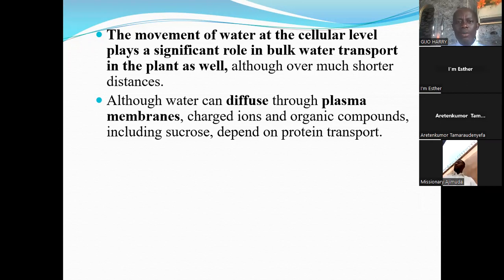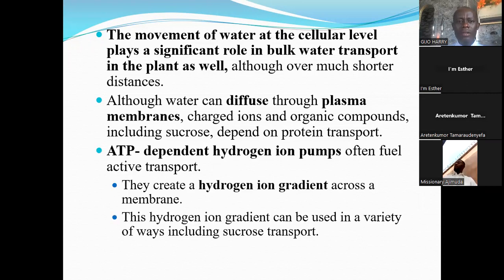So protein transport in the cells is also responsible for the movement of water. ATP-dependent hydrogen ion pumps often fuel active transport. They create a hydrogen ion gradient across